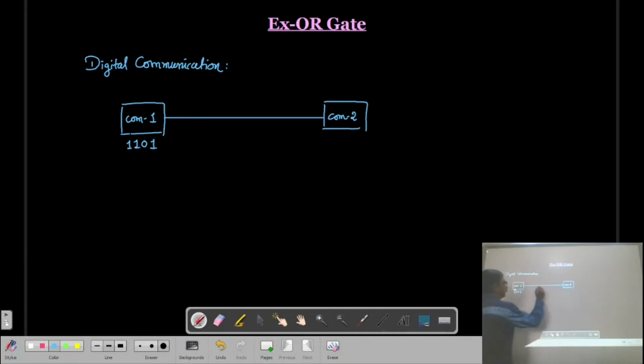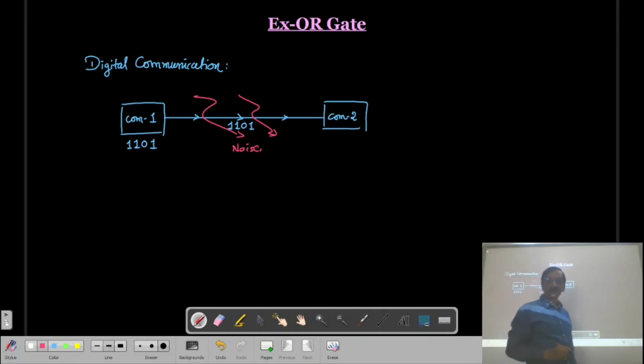Now when this 1101 is transmitted, propagating through this telephone wire or cable, what will happen? Sometimes, due to noise, this data is going to be changed.